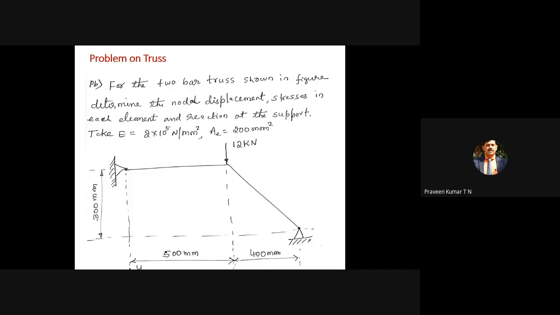But in the case of beams and the torsion of the shaft, all dimensions you have to keep in meters and forces in Newtons, because there you get the angular deformation theta in terms of radians. But when you come to problems on bars and finite element analysis of trusses, either you can keep it in millimeters or in meters, but you have to use consistency. Consistently, you have to use the same unit from the start of the problem to the end.